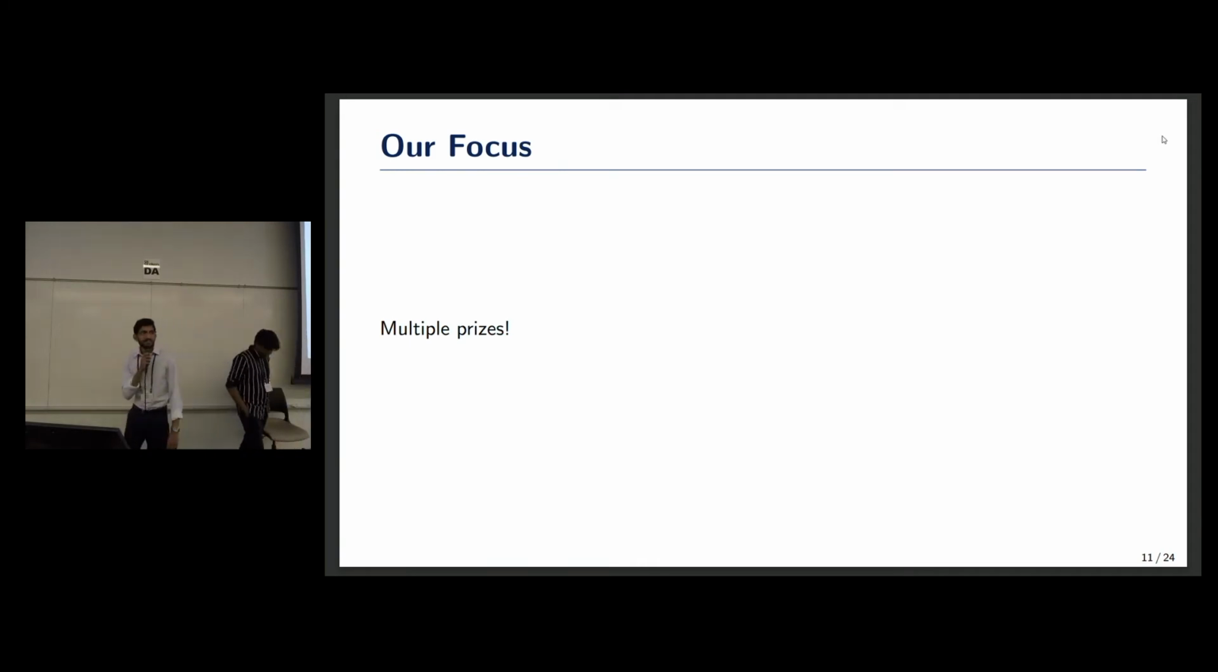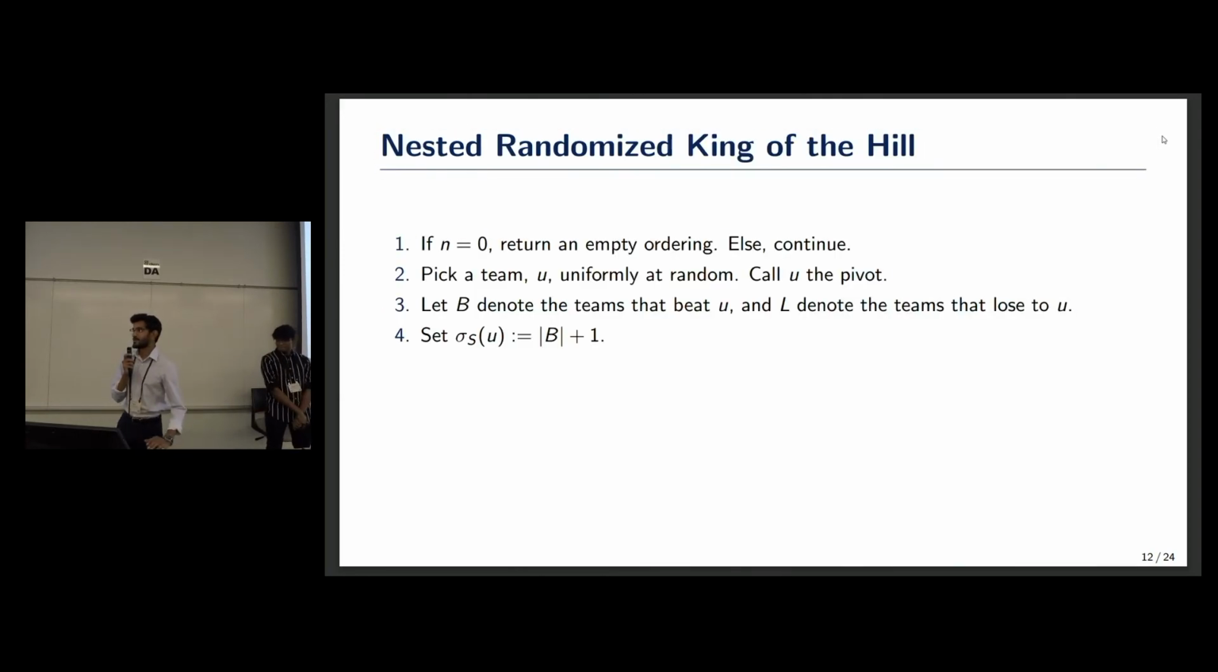Thanks, Sacheth. So now I'll introduce this tournament ranking rule itself, called nested randomized king of the hill. Some of the technical details of how it proceeds are on the screen, but to give you an overview, basically what we do is we pick one of the teams at random from our set of n teams. We call that team the pivot. And then we take every team that is defeated by the pivot, rank them below the pivot, take every team that beats the pivot and rank them above the pivot, and then we simply recurse on both of these individual